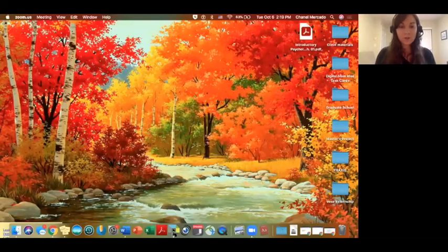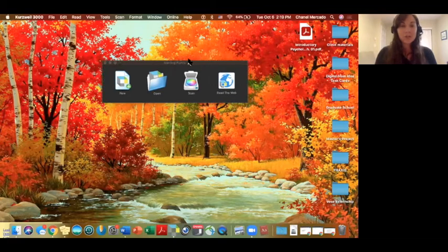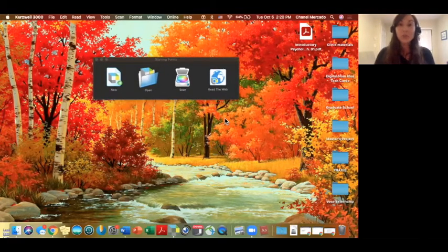Okay, so I'm going to bring up Kurzweil here, and with the Mac version of Kurzweil, there's not a lot that usually pops up at the beginning. If it's your first time downloading it, it will usually show a welcome document, and it will have a tip of the day that usually shows up by default. Right now, I have just the starting points window that appears. And from here, I have different options.